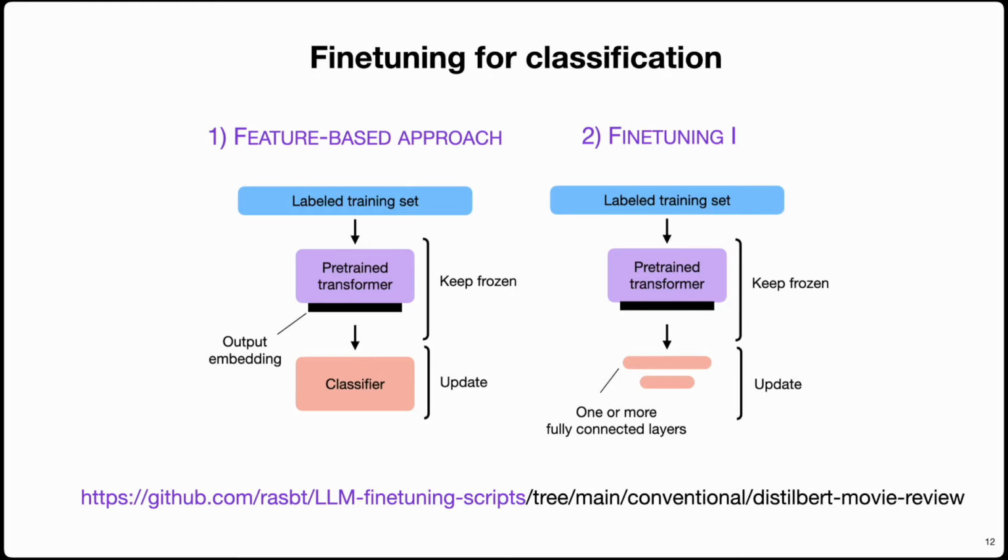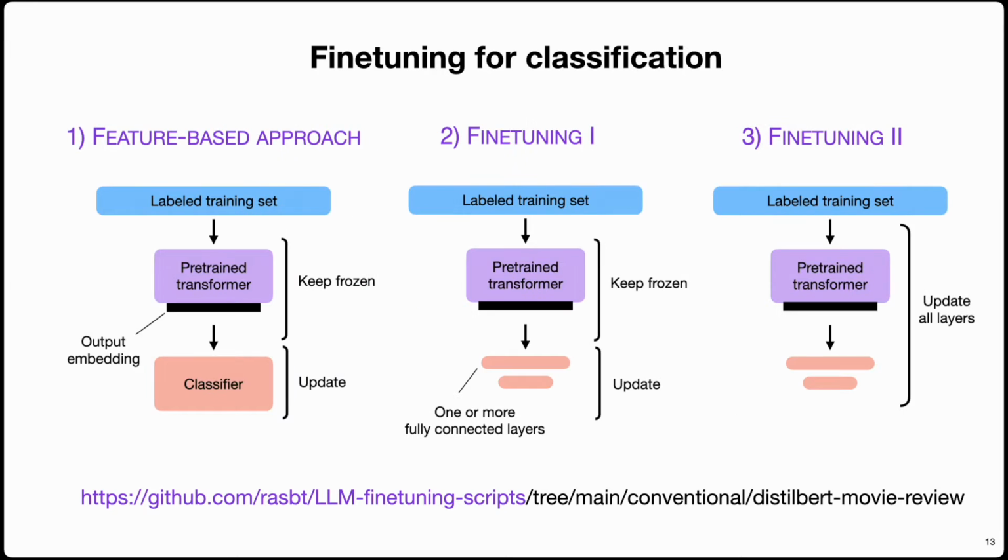Since this can involve two or more layers, this is usually more expensive than the feature-based approach, which is usually just a single layer, like a logistic regression classifier. And the third approach here, which I call fine-tuning 2, is, I would say, the most expensive one. This one is updating all the layers of the transformer. So here we are updating the complete model, and usually this also results in the highest computational cost, but also